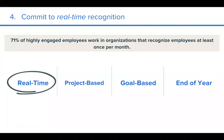So for example, one of our customers, CB Insights, what they do is they take all of their Bonusly recognition data and give out awards for who got the most over a year. So it's kind of a cool combination of both. And you might be wondering, okay, this sounds really cool. It's frequent and real time, but who has the time to do all of this? And that also leads us to our next tip,